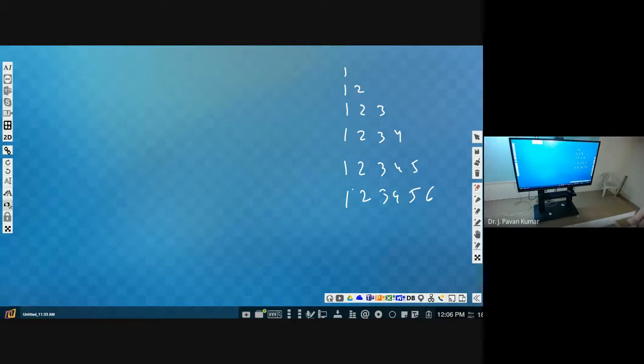Now this we wanted to print. What will be the input for this one? It is the number of rows again. I will give 3 as the input, then it has to display 3 rows. If I give 6, it has to display all 6 rows. So the input is the number of rows.